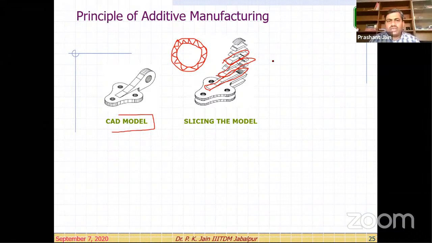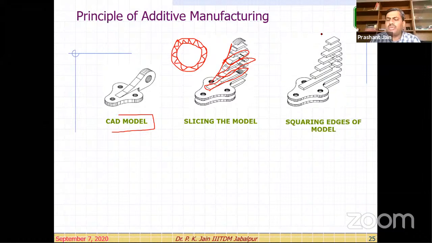Fine. So based on this, you see a lot of tapered edges are there. So these need to be squared, right? As for additive manufacturing, we will not fabricate any tapered layer, right? We always have this kind of extrusion, so we can deposit material that will be vertical in position.